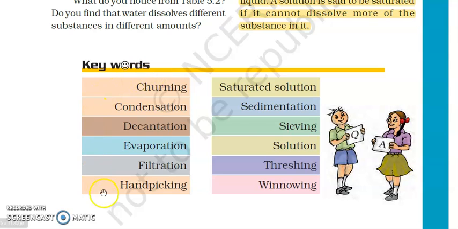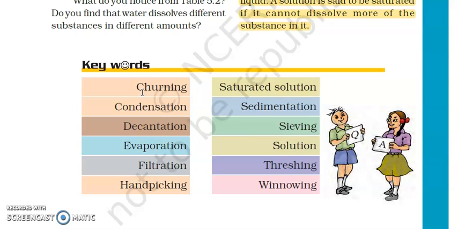In this chapter, we have studied these important topics like churning of milk to obtain butter. Churning is the process of mixing milk or moving it in a way so that the butter and buttermilk separate from each other. Then condensation. What is condensation? Condensation is the process of conversion of water vapors to water when it is cooled down. And with the help of condensation, we can obtain water, pure form of water.